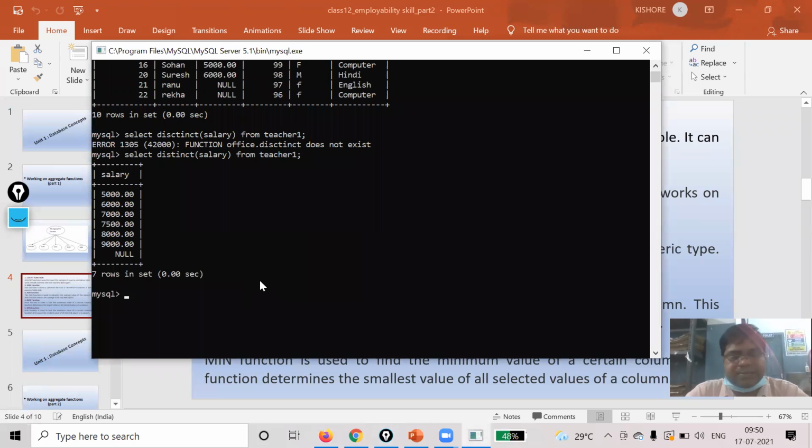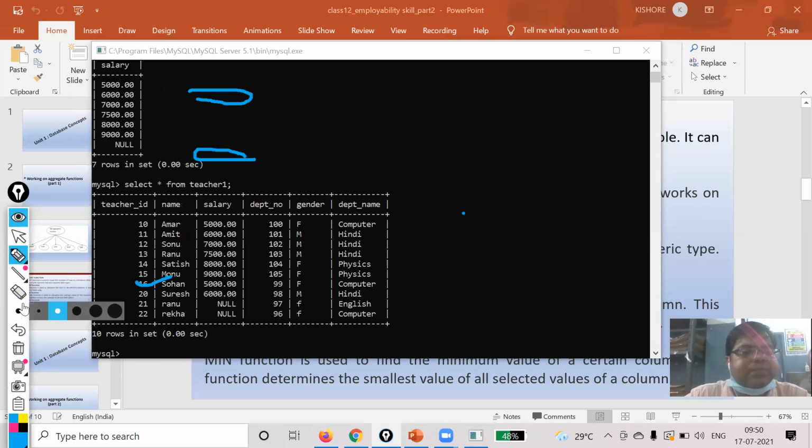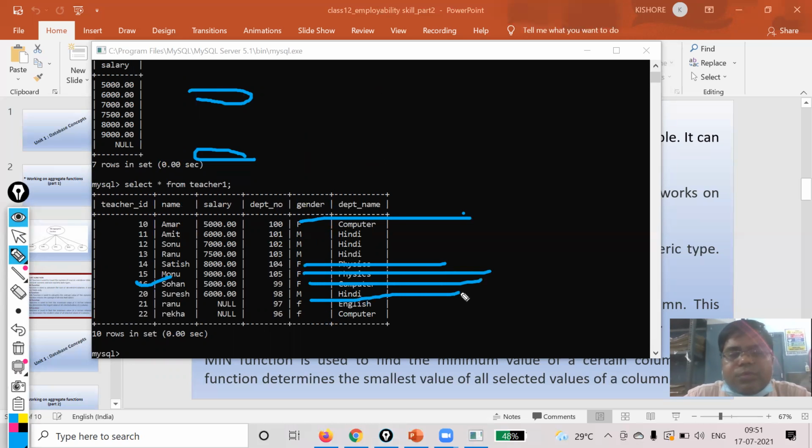Just first see the table so that you can understand how your data is going to be displayed on the screen. Just see how many females are there: 1, 2, 3, 4, 5, 6. It means 6 records are going to be displayed on the screen.